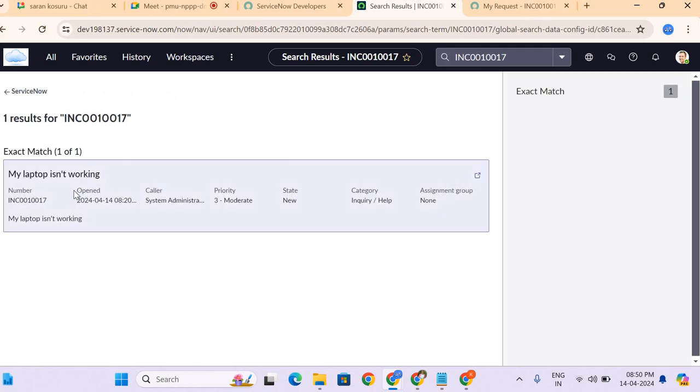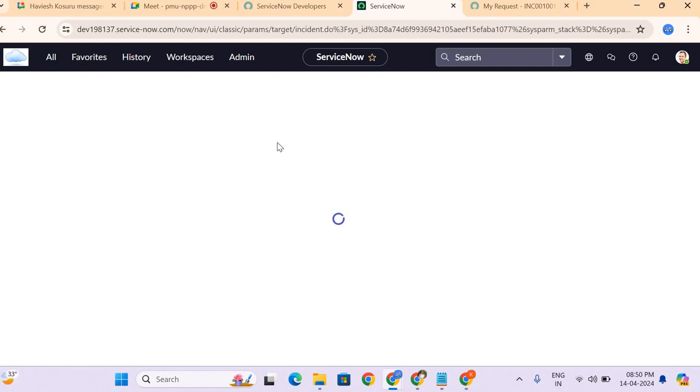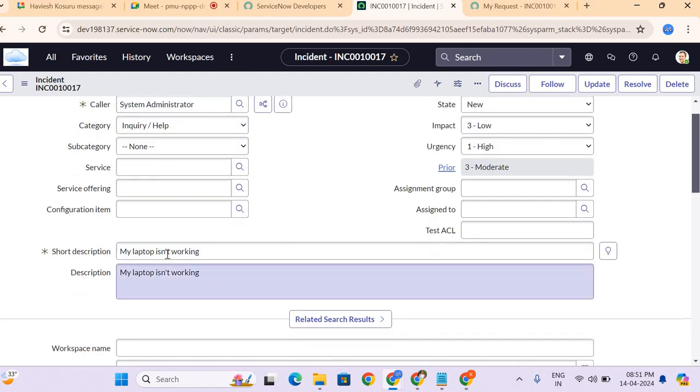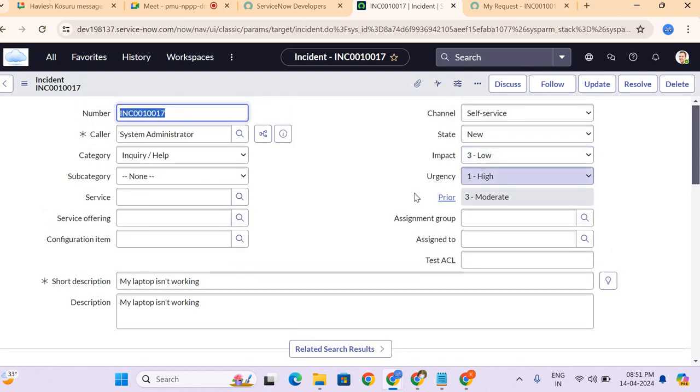So this is the incident which was created from the catalog item. So I'm opening that. See, the incident record is being created. My laptop isn't working with the urgency as high. So this is where record producer comes into the picture.